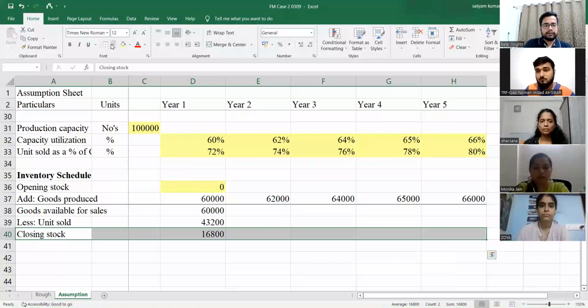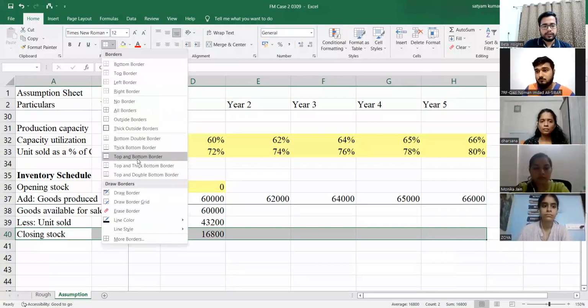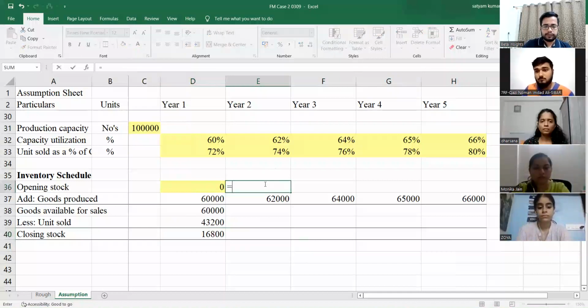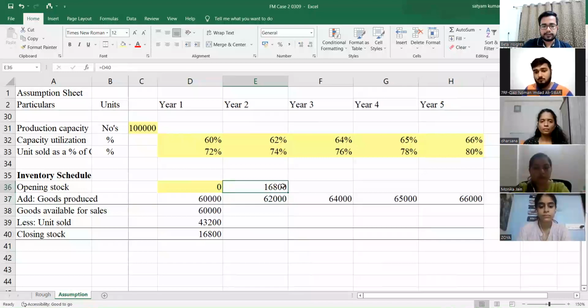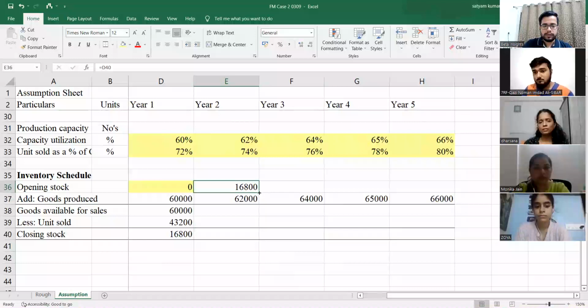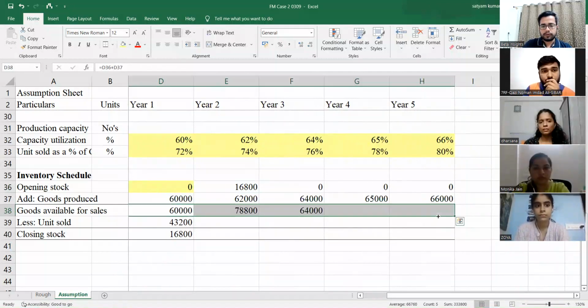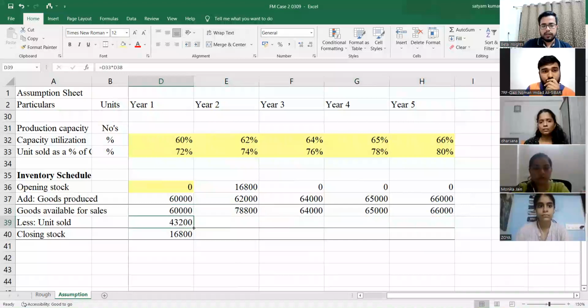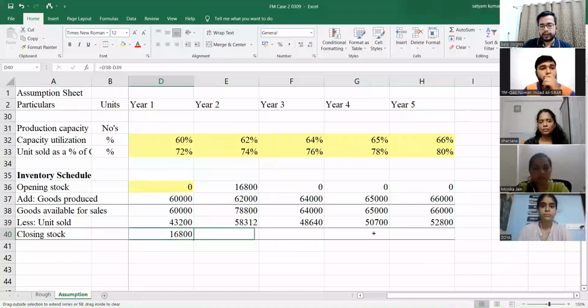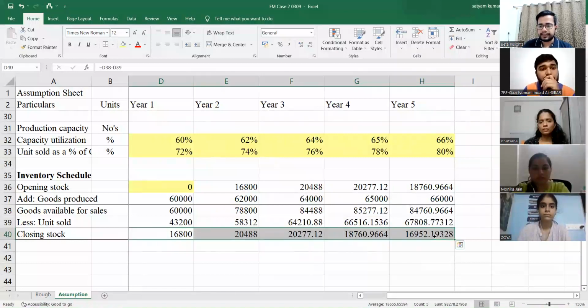Now we have a formula everywhere. The only thing we need to do is drag it, right? This closing stock will become the opening stock of the new year. Everywhere the formula is there. The only activity we have to do is to bring the formula everywhere. Now, guys, I am doing it one by one so that those who are very new to finance will see how each number is getting expanded. There's also an alternate way that you select the